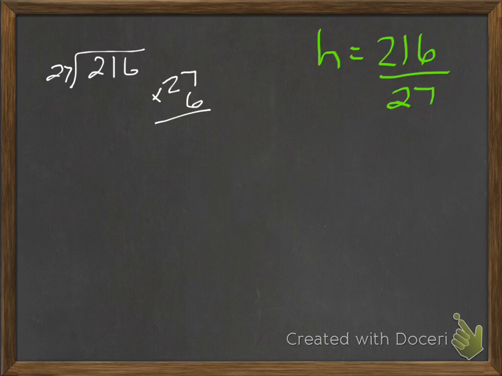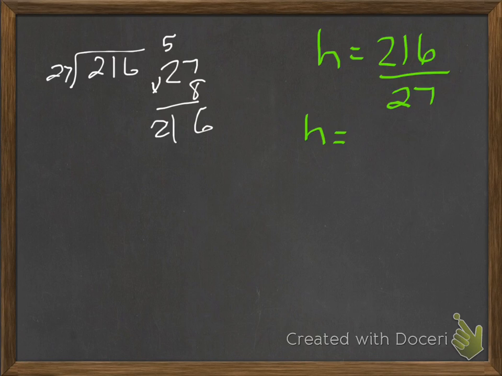So 27 times 6 is going to be my first guess because 30 times 6 would be 180. And actually, it's not going to be my first guess because that's way less than what I need. So now I'm going to think, okay, there's a 6 at the end. So 7 times what is going to have a 6 at the end? Well, that's 8. So now let's try 27 times 8. So you get 56 here. 8 times 2 is 16, plus 5 is going to give you 21. And you guessed correctly. So now you find out that the height is equal to